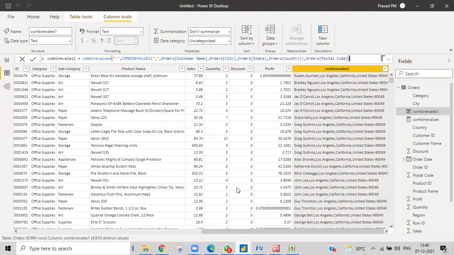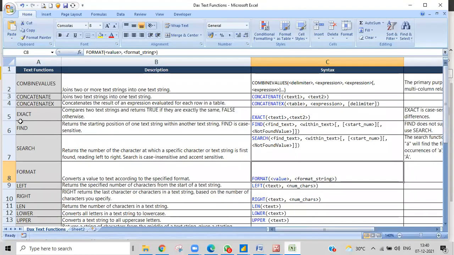Simple things. Then we'll go into the next function, that is concatenate. Concatenate is a very simple thing. It simply joins two strings. No delimiter, nothing more, and only two strings. It doesn't take more than two strings. If you want to do that, you can use concatenate.